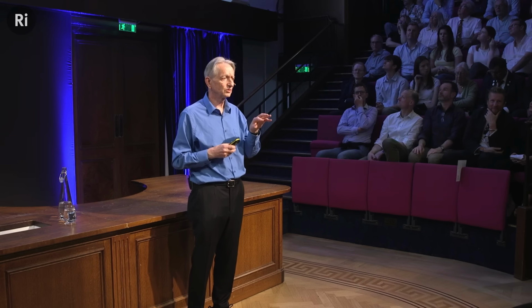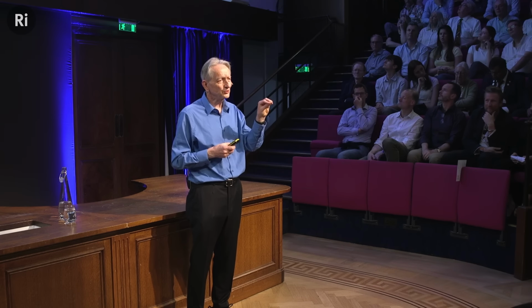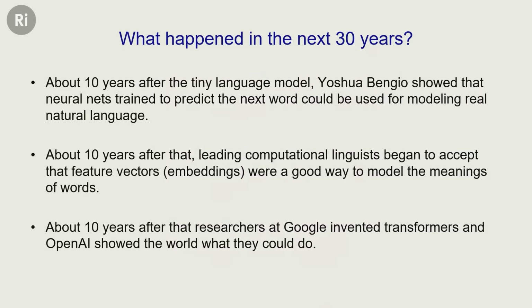So, about 10 years after I'd done that, Yoshua Bengio showed that instead of just doing it on a toy little domain with only a few people and a few relationships, you could actually do it with English words. You could take English sentences, with more input words, not just 2. He had about 5, even 10. And you could actually predict the next word quite well, as well as the best language models could. About 10 years after Yoshua Bengio had shown that, the linguists finally decided that having these feature vectors to capture the meanings of words is quite a good idea. And about 10 years after that,